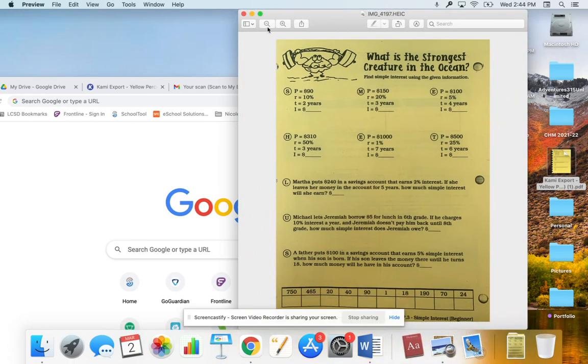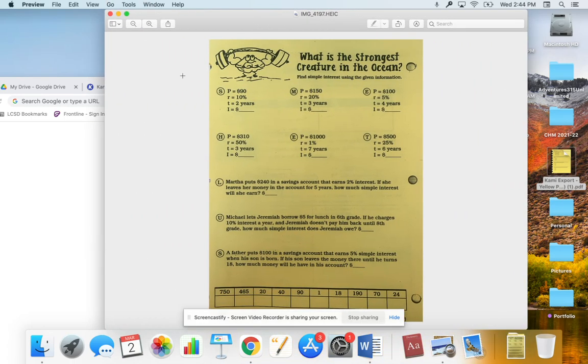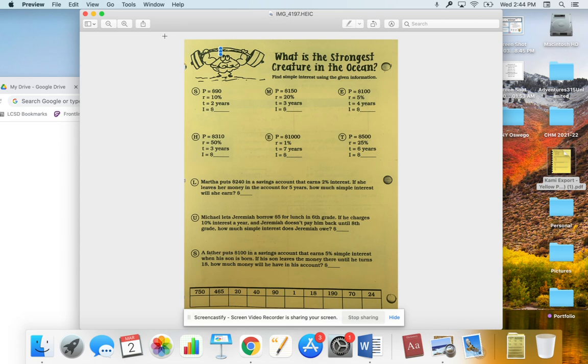Okay, so this is the homework for math that was given today on Wednesday, and it's going to be due on Friday. So you only had to pick one of the pages. I'm going to be going over the last page in the packet, which is just a puzzle, and it's working on interest. So one of the things you really need to know is that interest equals P times R times